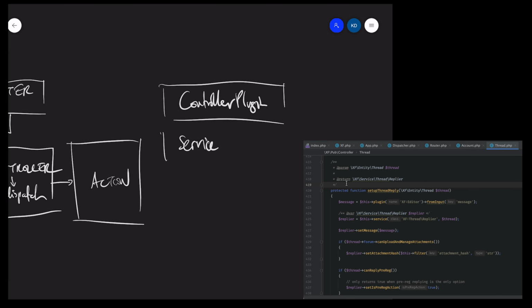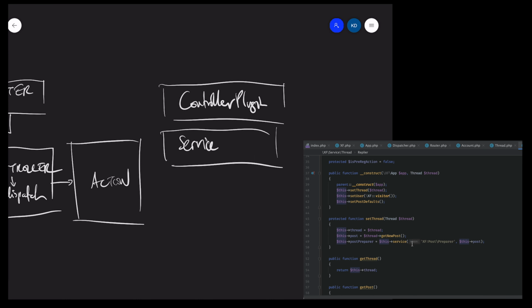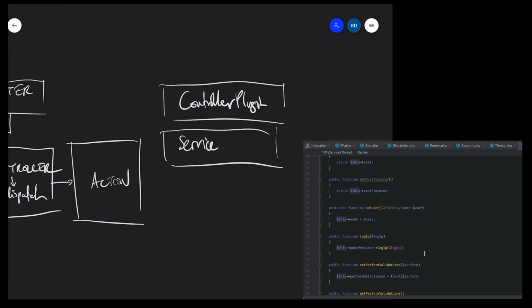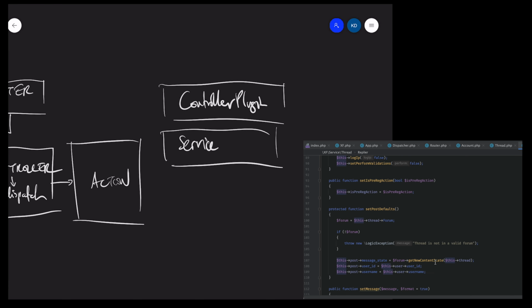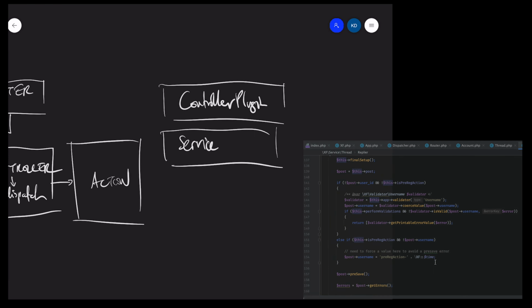And an example of a service is the poster service. So essentially, when someone posts a message, then rather than having a big block of code in the controller action, we pass off to the service, which handles the database insertion and all the watch notifications and alerts and all the other cache updates and the other stuff that happens in conjunction with a new post being made.